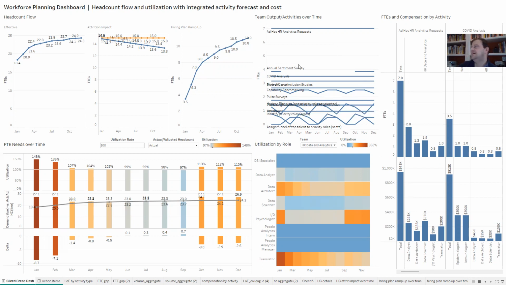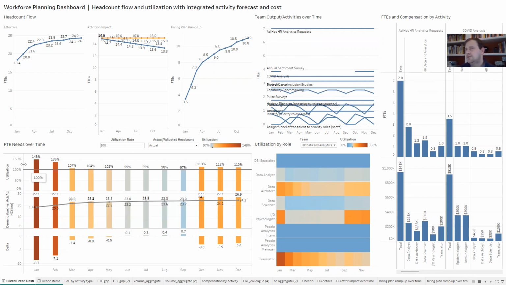To the right of that, you see the activities. So this is the list of each thing being done by this team. So 7 FTEs are needed to do HR analytic ad hoc requests, followed by annual sentiment survey, which is actually for 5 months of the year. You see 3 months here and 2 months here. Same thing for everything. So you have the FTEs needed and how it moves along during the course of the